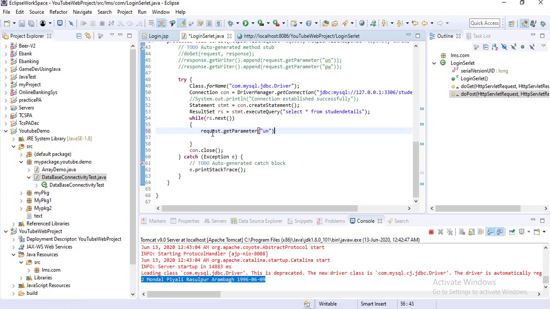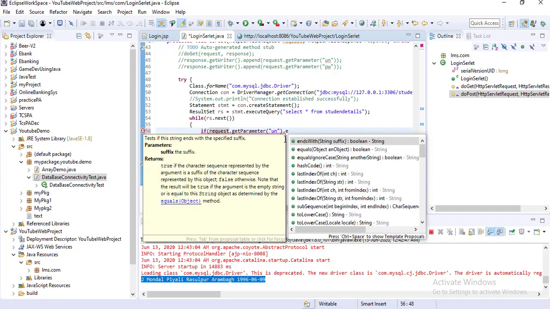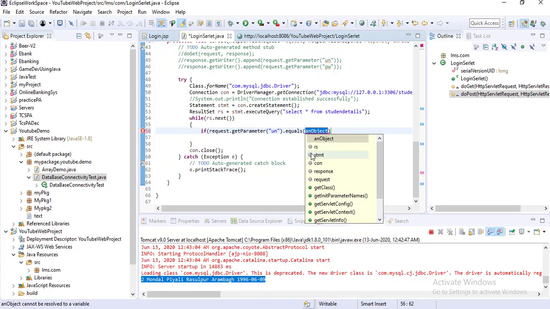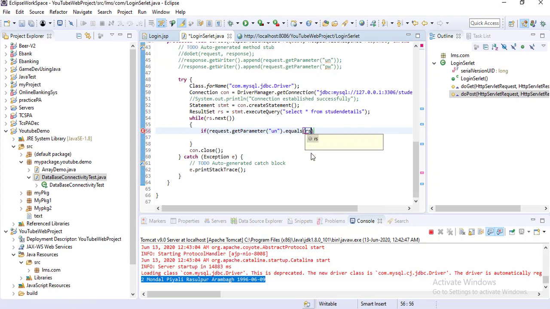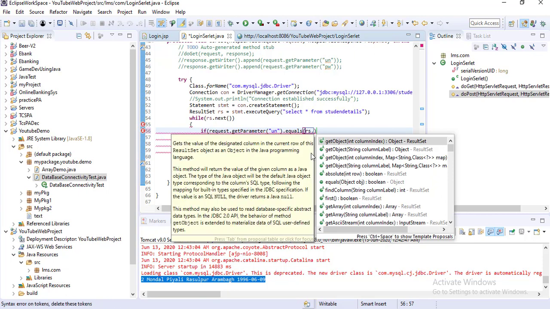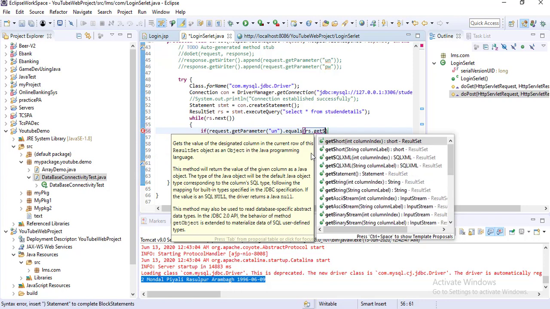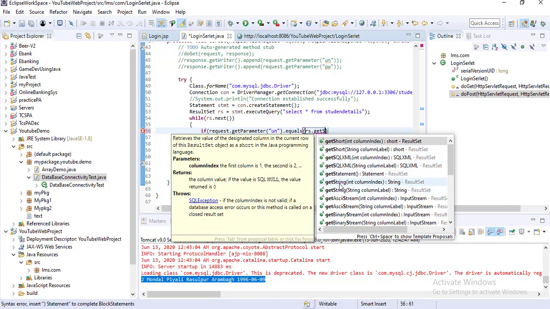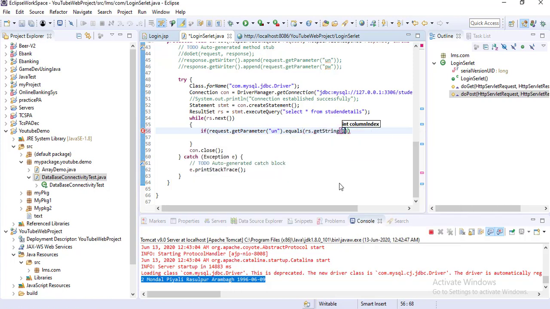I will check if request.getParameter("un").equals with rs.getString, giving the column value 1.